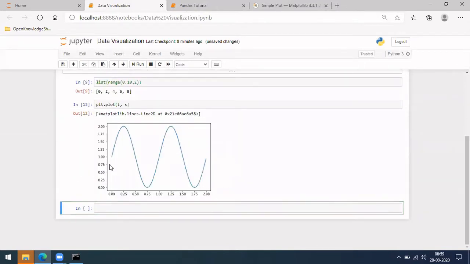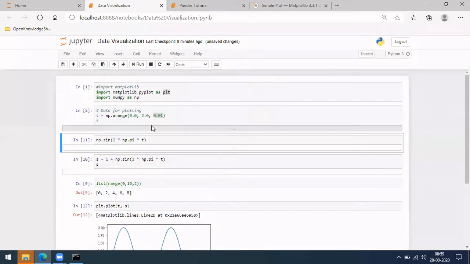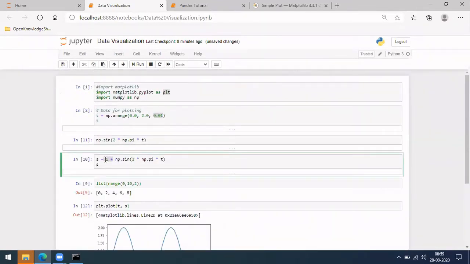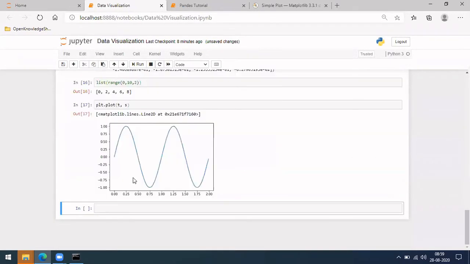See here, it has generated a sine wave. Instead of +1, let me not do that +1 here. Let me run it. You can identify this is a sine wave, right?